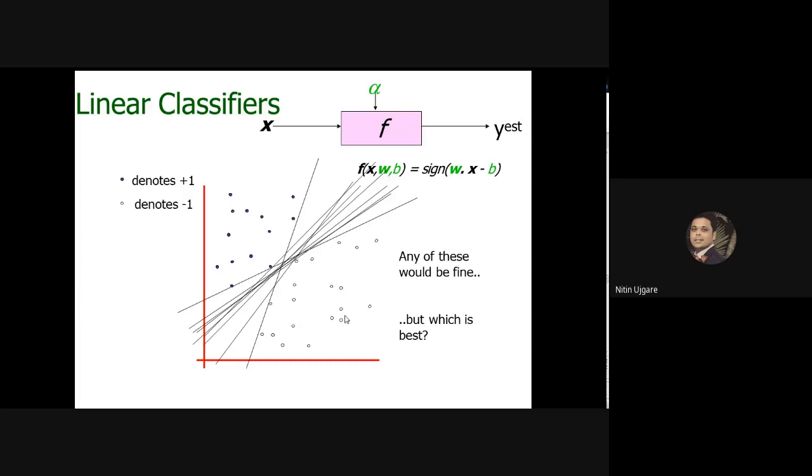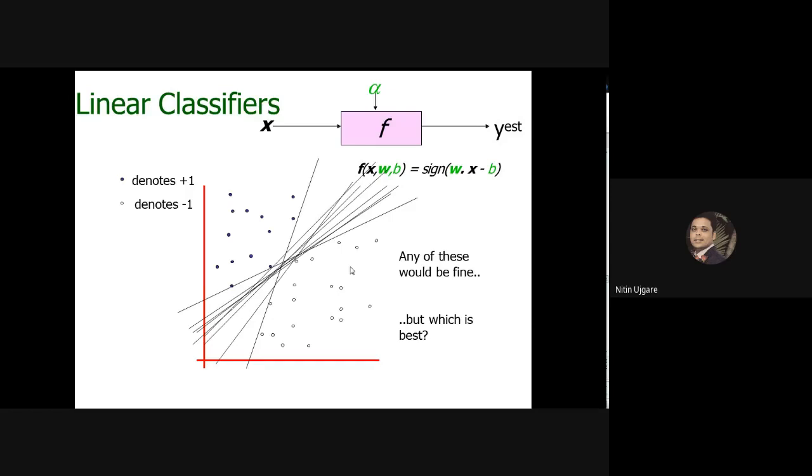But all these perceptrons perform the classification correctly, right? All the positive points are classified as positive by this classifier and all the negative points are classified as negative. Fine. But my problem is, how do I choose the best perceptron or the best classifier out of these? So support vector machine is the answer to this question.